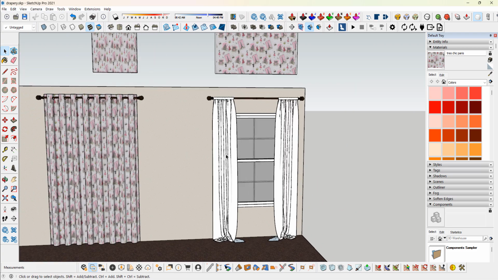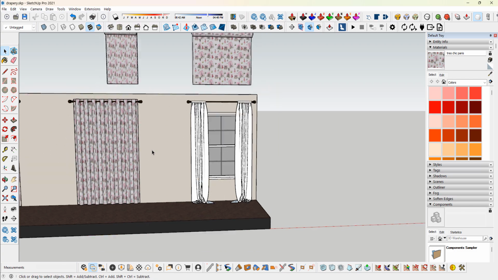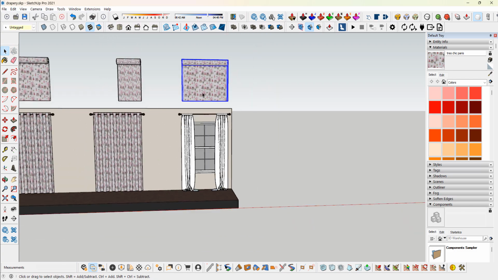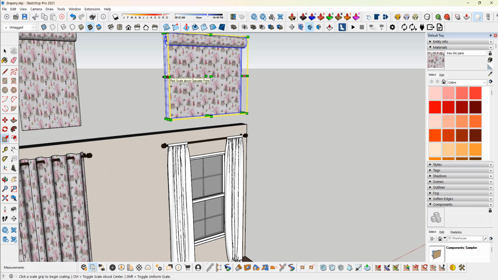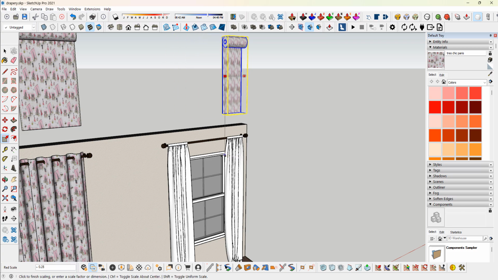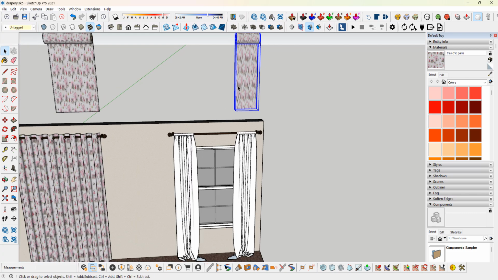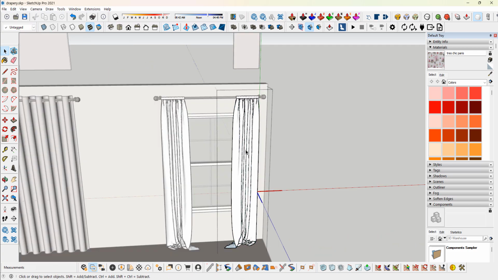This one's a little bit trickier, but we're going to use a similar technique that we did over here. We're going to take this, scale it, and I will basically line it up with this fabric down here. In other words, it's going to be a lot tighter than these other ones. I'm just going to line it up with this fabric. Use the paint bucket tool, double click, and then